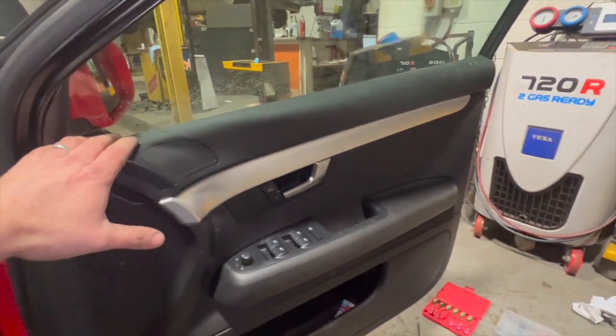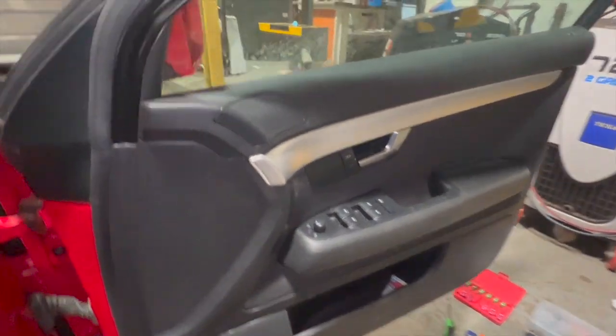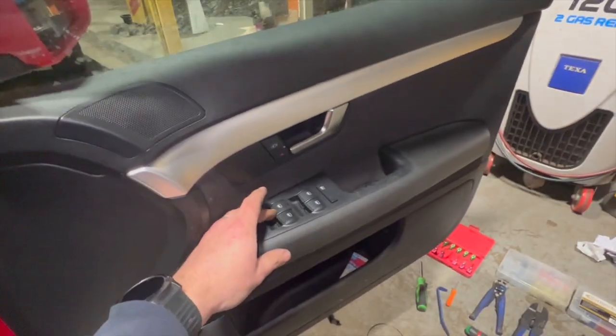Alright, so that's everything back together now. You might have noticed just before fully putting the panel on, I just checked that the window worked. But one thing you want to do is once you've got it all done, just obviously check your windows, check all your windows,